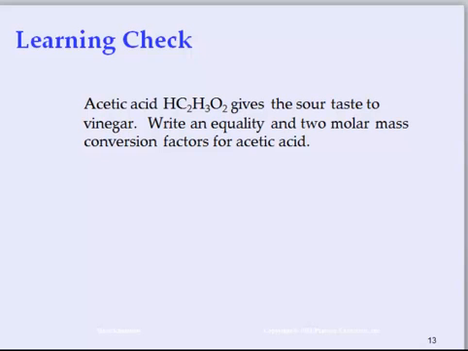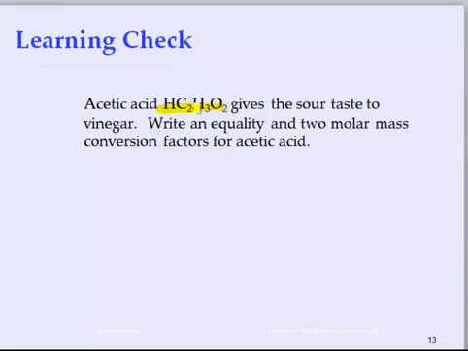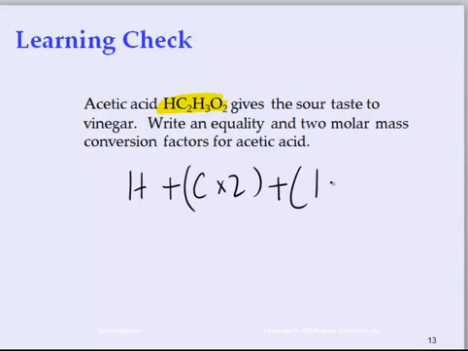So let's look it up here. Acetic acid, the formula of acetic acid is given to you up here. Acetic acid gives the sour taste to vinegar. And we want to write an equality and the 2 molar mass conversion factors for acetic acid. So before I go to the next screen, I want you to think of it. Look at the atomic weight of hydrogen, plus carbon, 2 of those, plus hydrogen, and there are 3 of these, plus oxygen, and that is 2 of those. And then we can come up with the total